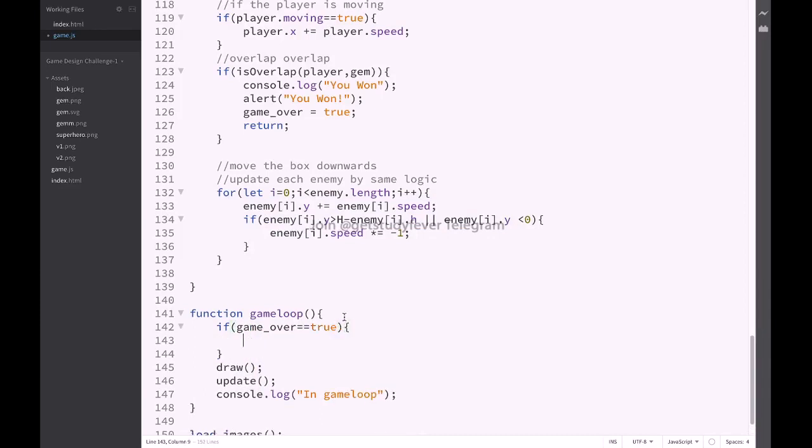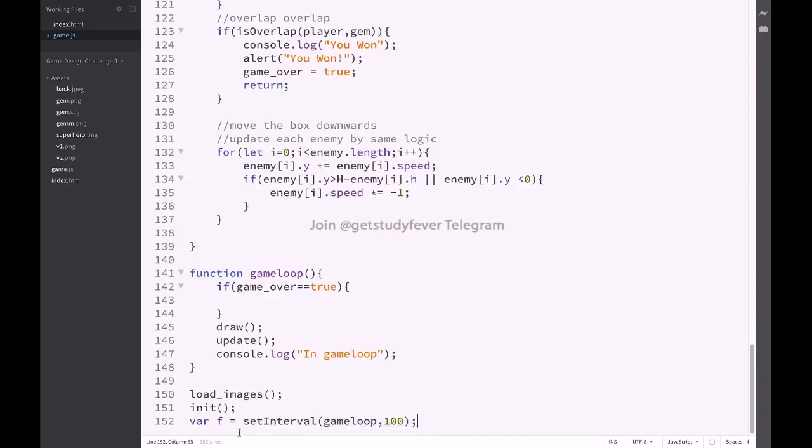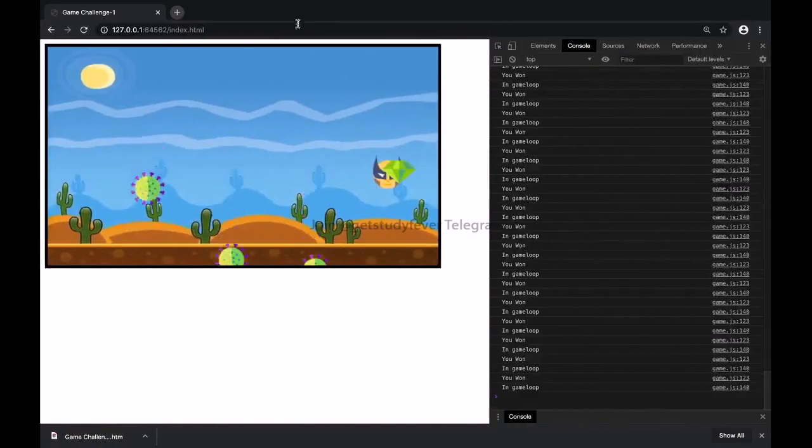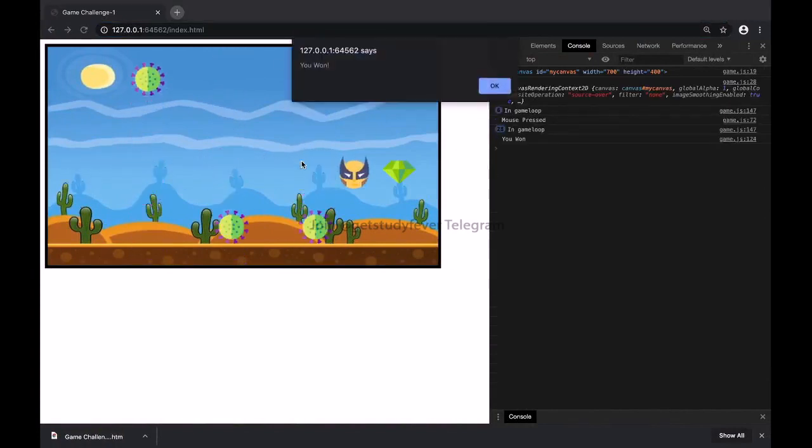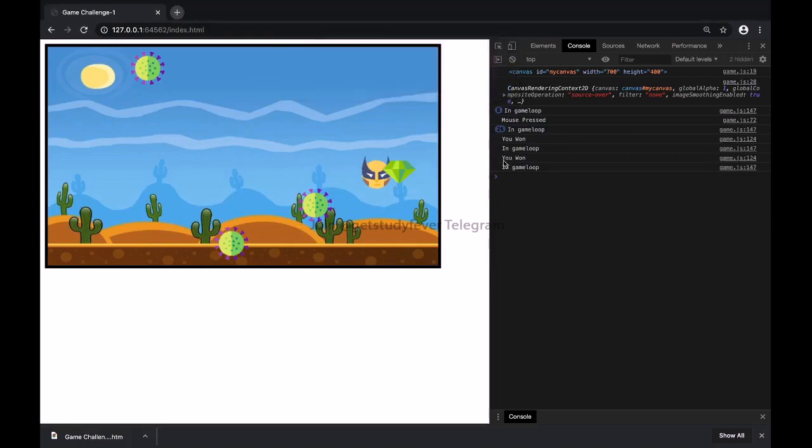Okay, so you have this game loop, you want to come out of this game loop, so you can call a function called clearInterval, and here you will give the interval f that needs to be cleared. Okay, it says you won